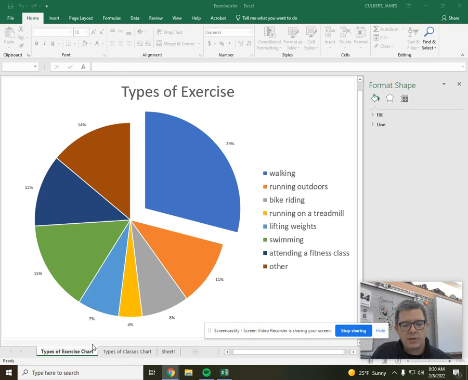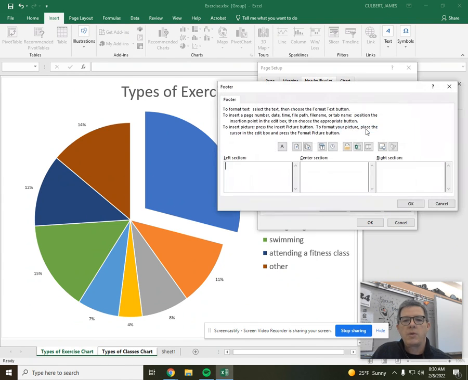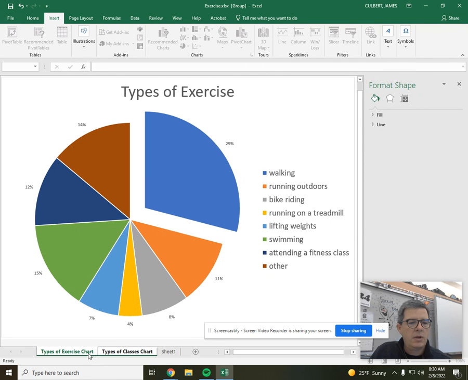So the fastest way to do that is to click here so that we have both of the charts selected at the same time. Now, if we do anything, it's going to happen in both of these charts. So we're going to go to Insert, Text, Header, and Footer. We're going to create a custom footer, and we'll put the student name in the left section. Hit OK. So you won't see any change on the screen, but when we do print,